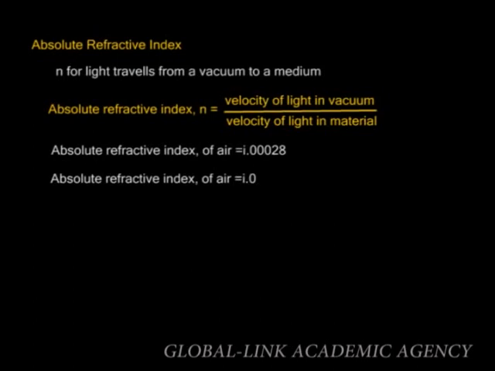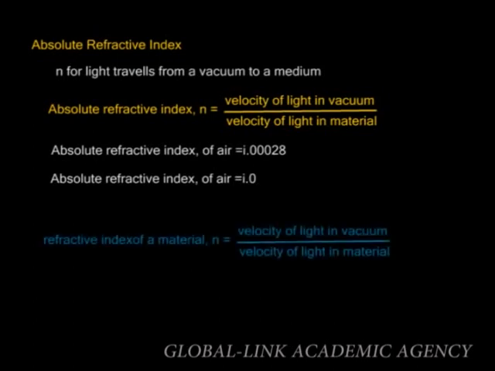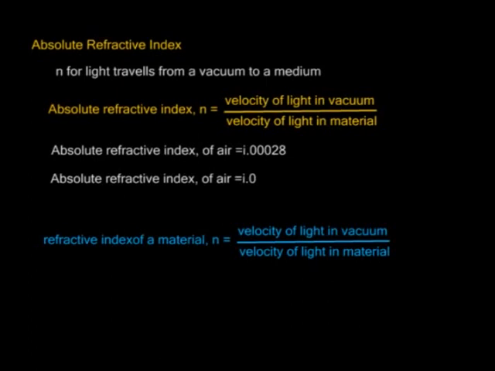Refractive index of a material is therefore given by n is equal to velocity of light in vacuum over velocity of light in a material. If c is the velocity of light in air, v1 the velocity of light in medium 1 of refractive index n1, and v2 the velocity of light in medium 2 of refractive index n2, then